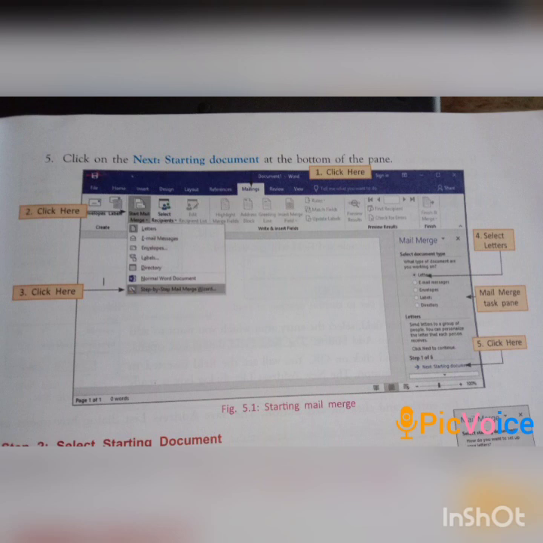A drop-down menu appears. Third, click on the Step-by-Step Mail Merge Wizard. The Mail Merge task pane will open on the right side of the screen.